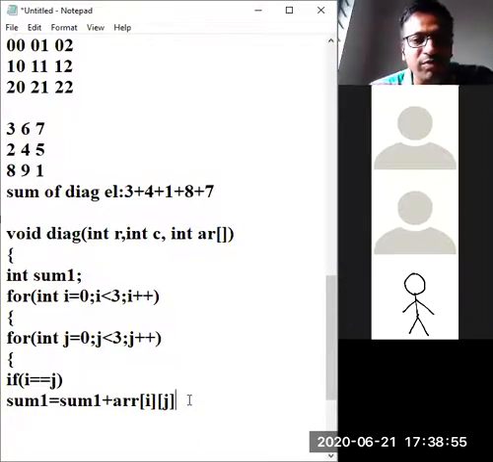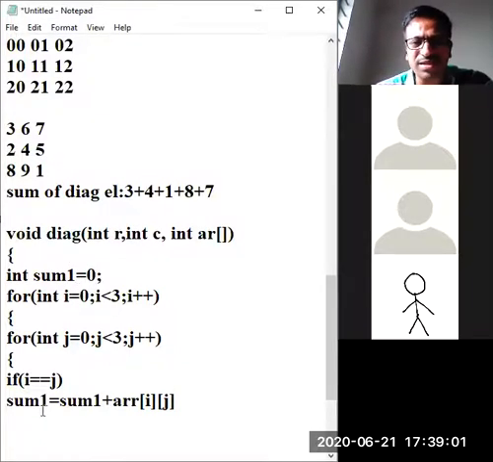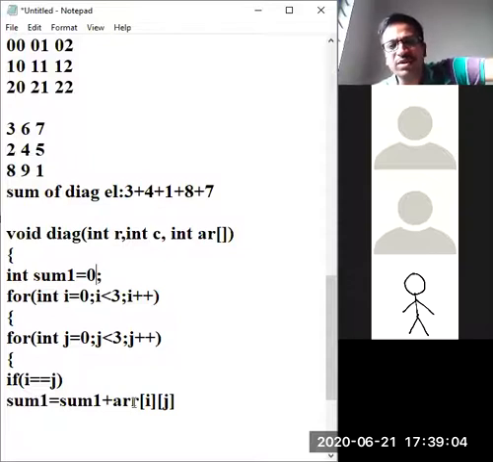So same application he has done. Sum equals sum plus something, initially sum is 0. Let us take 0. This is a common equation; we can't forget this: sum = sum + arr[i][j]. First iteration: outer loop 0, inner loop also 0. First i is equal to 0, true, you got inside. j is also equal to 0, true. i is equal to 0, j is equal to 0, true, you got inside. So sum is 0 plus arr[0][0]. What is there, sir? 3 is there. Am I right? 3 plus 0, you'll get 3 here.